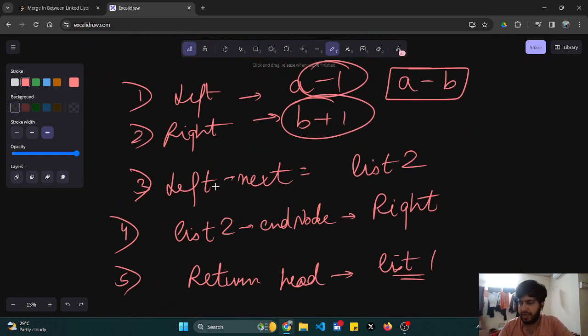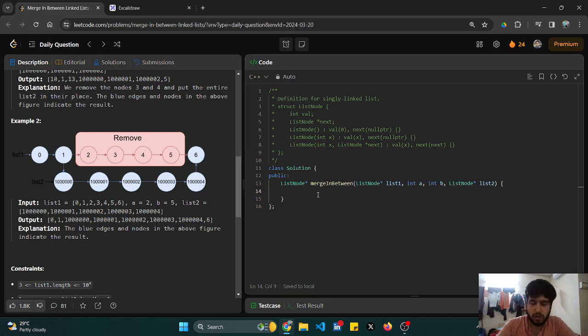So I'll just try to go down on my approach. What I first need is the left and the right pointer respectively, and they are both pointing to the same node. Okay, what I need is, I'll start from 0 and